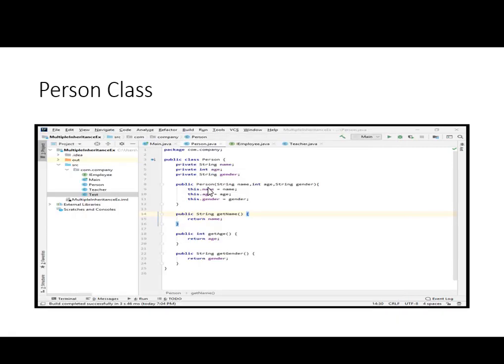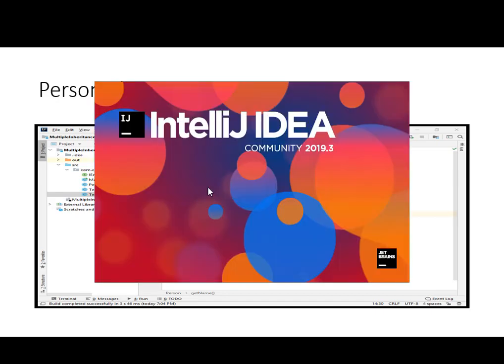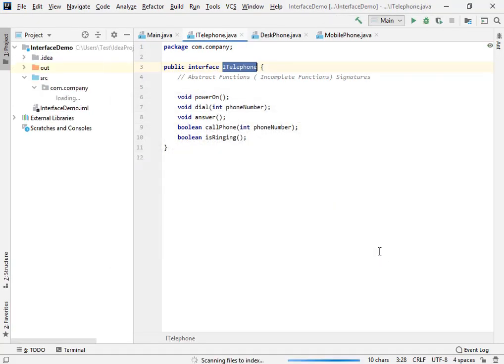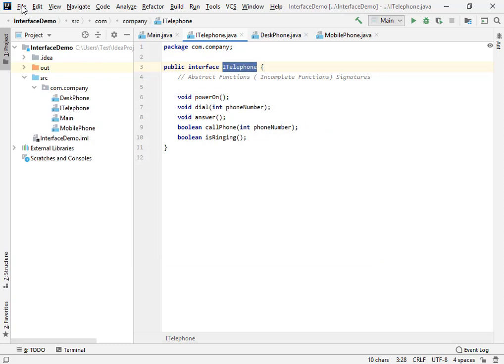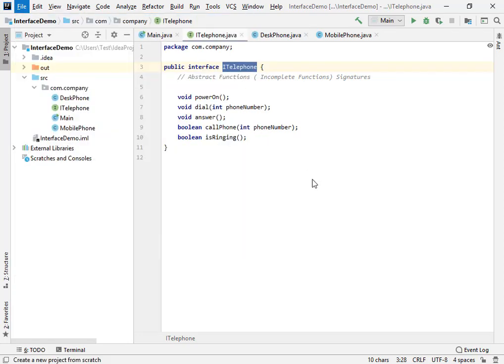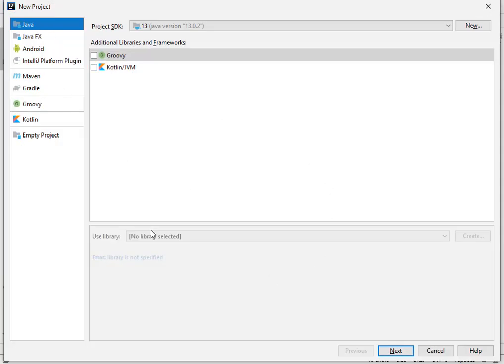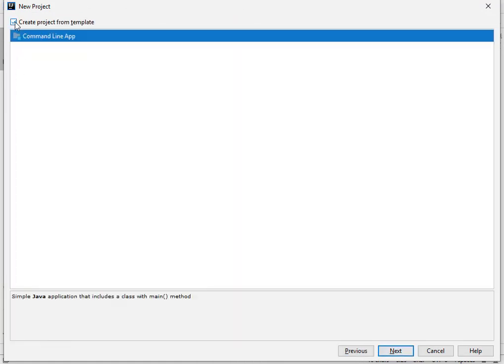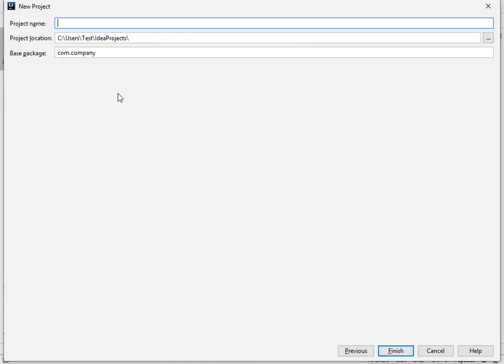So I'm going to open up IntelliJ. Now I will create a new project by going to File, New Project, select Java template, click Next, create project from template, multiple inheritance demo.